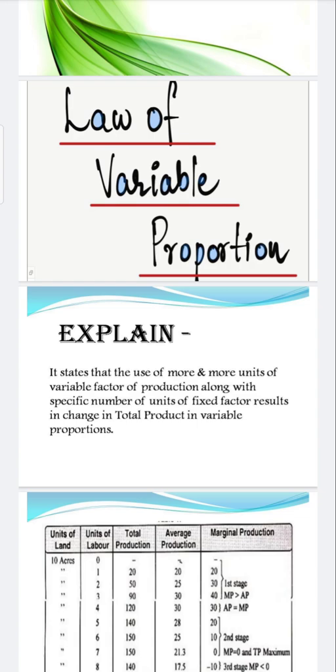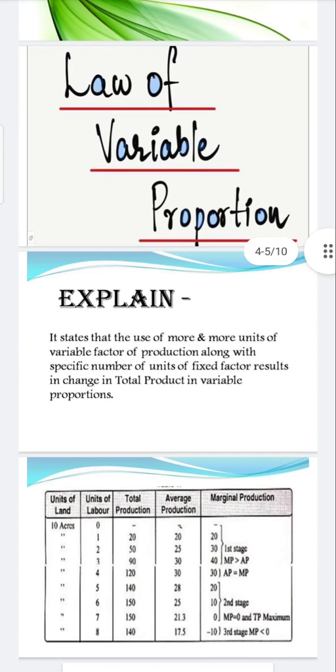It states that the use of more and more units of variable factors of production along with a specific number of units of fixed factor results in a change in total product in variable proportion. So what does this basically mean? It means that